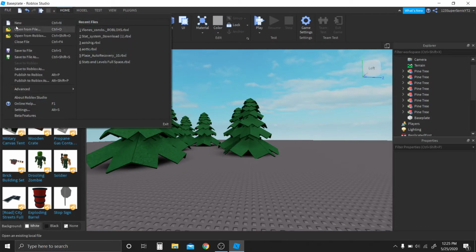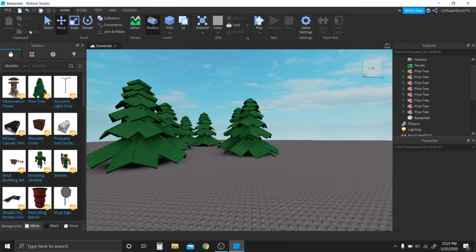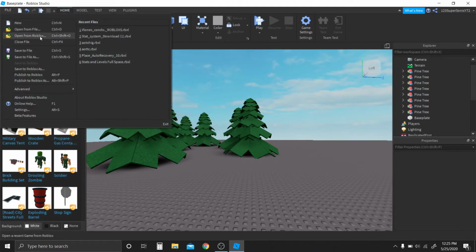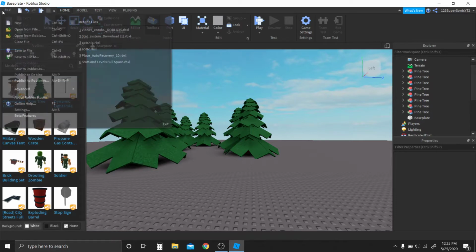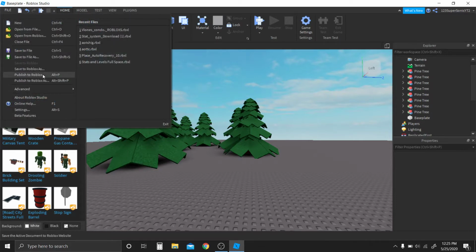Here, if you press new, Control N, then you start a new place. And right here is open from file, self-explanatory once again. And right here is open from Roblox, so any game within Roblox. And right here, save to file. Again, self-explanatory. Pretty much, a lot of things in Roblox Studio are pretty self-explanatory, so I won't do as much description, but here, if you want to publish your game to Roblox,